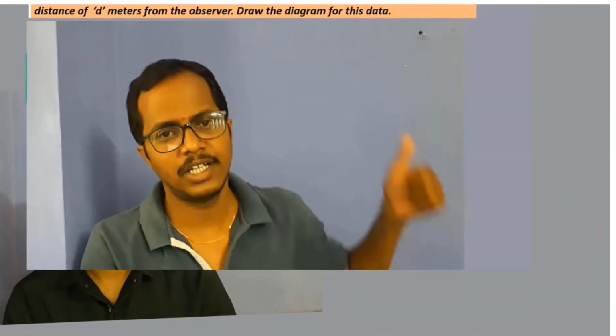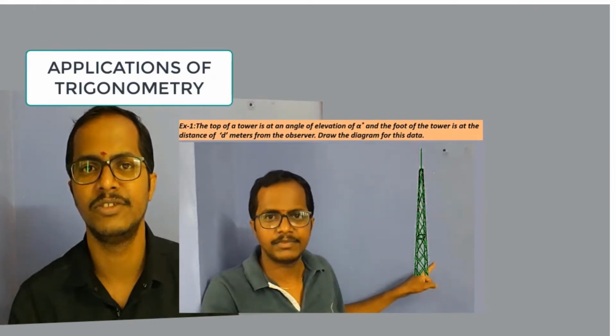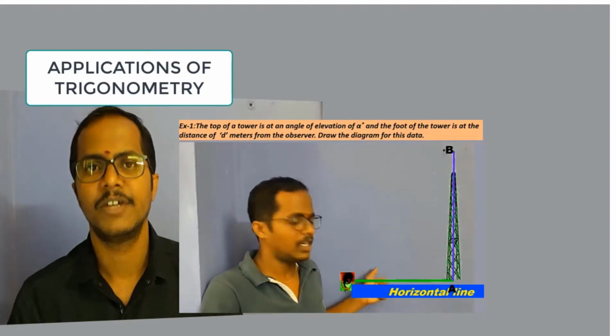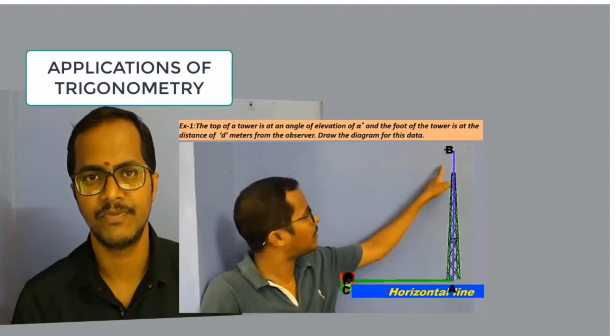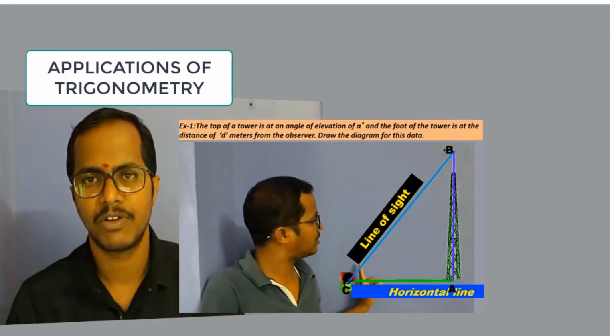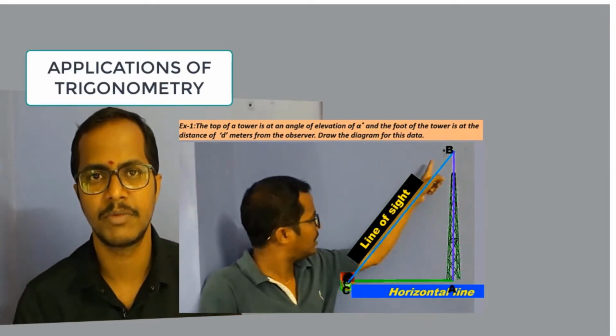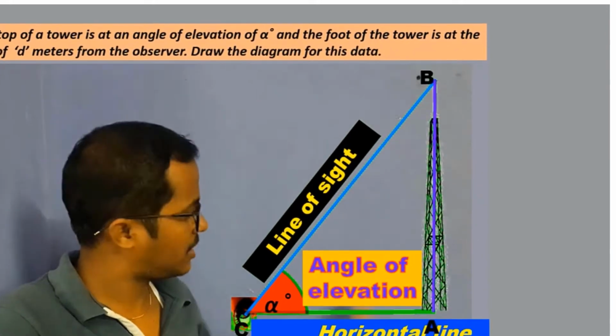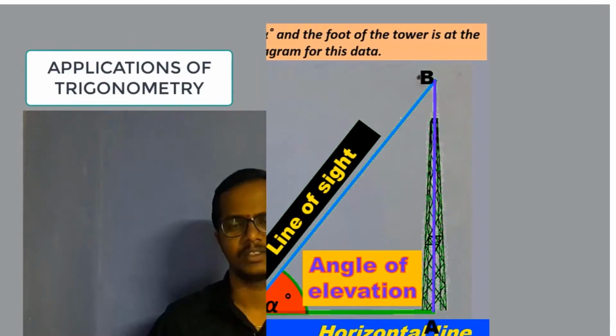Today in this video, we are going to discuss the problems in exercise 12.1 in the chapter Applications of Trigonometry. In our previous video, we discussed the examples and try this, do this problems which are given before exercise 12.1. Now this video is the continuation of that video. If you didn't watch it, I have provided the link in the description box. So please watch it. Now let us see the problems from exercise 12.1.